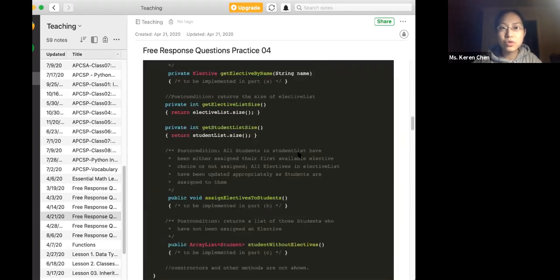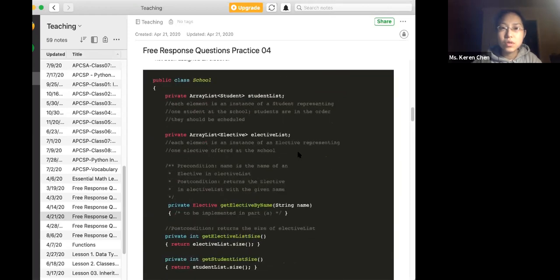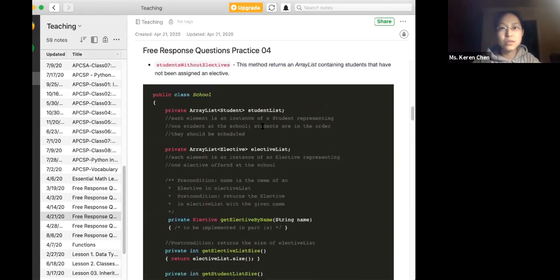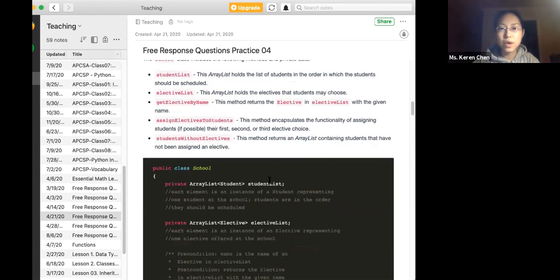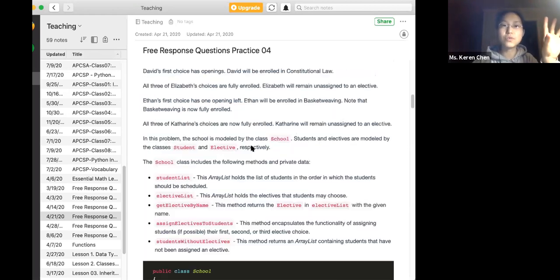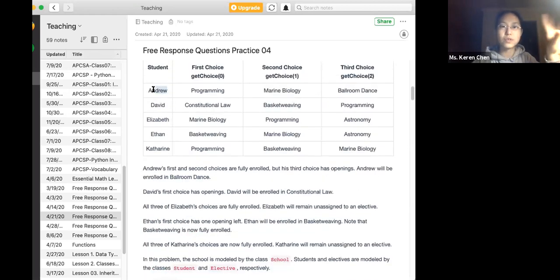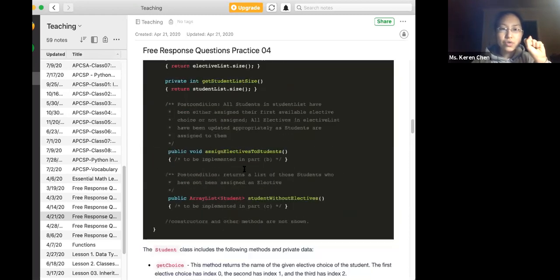Well, we first need to get student by student, right? One by one, assign each student by the order in the student list. We have a student list. Then we go to each student object and check the student. Let's say the first student object is Andrew, right? Go to the first object, Andrew. And for each student object,